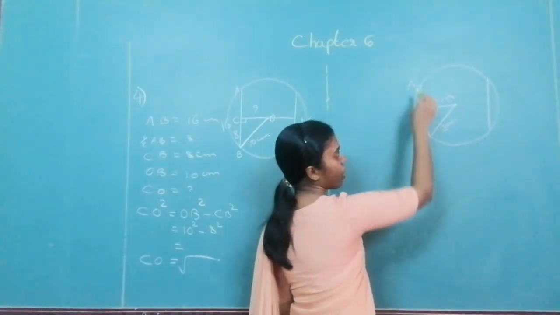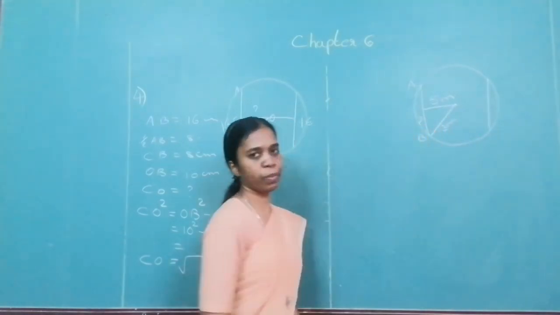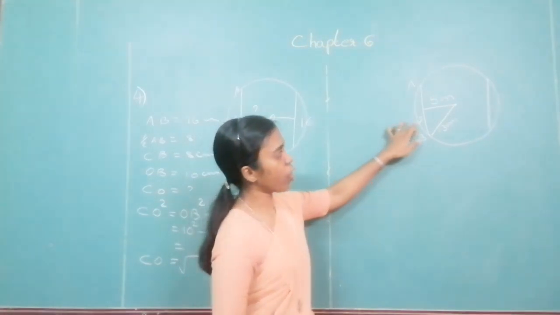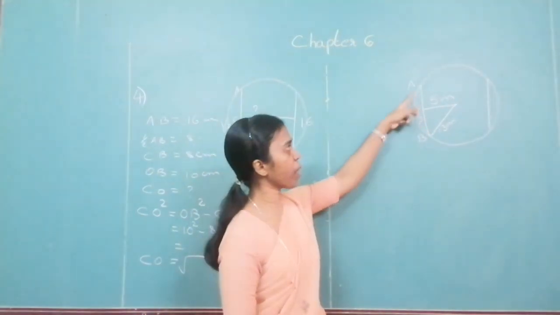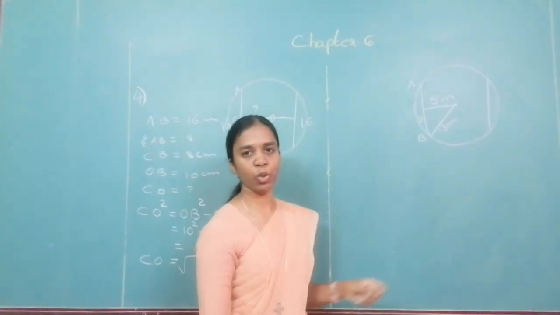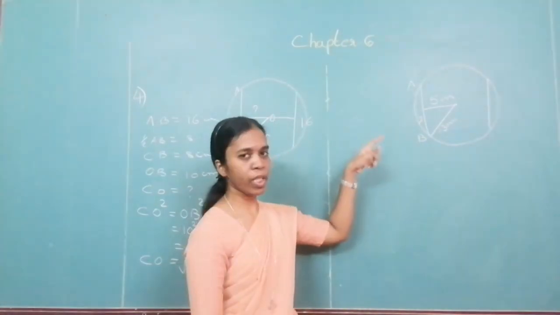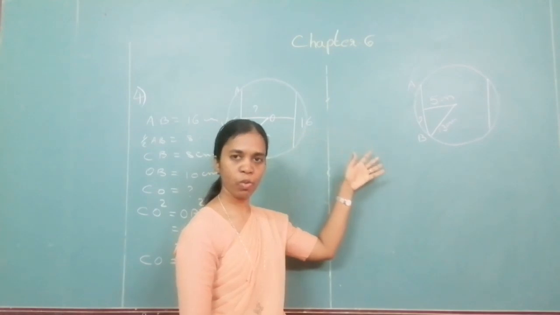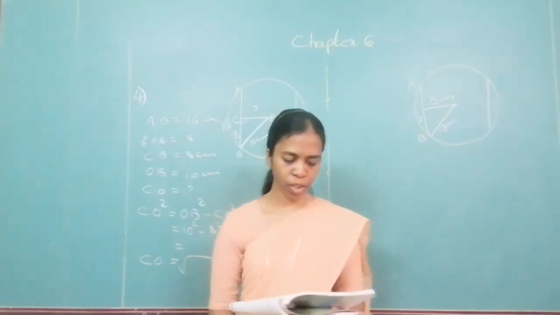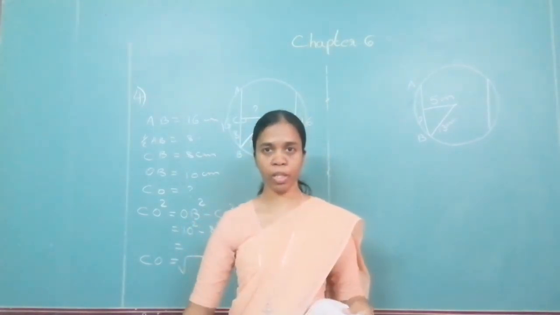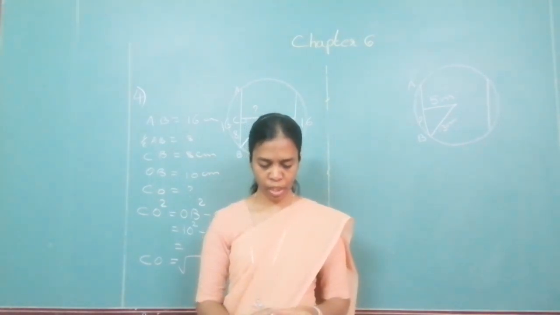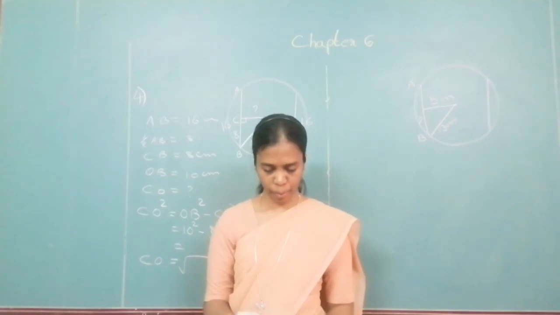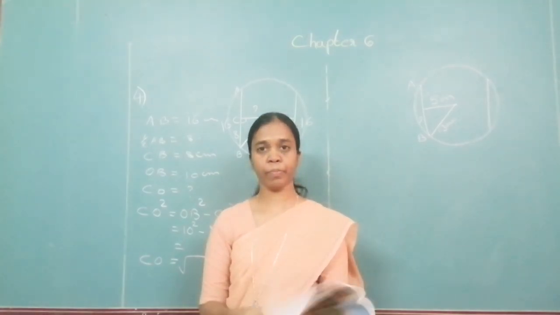Okay. Now how to find the length? First you have to find out this part, the side of the right angle triangle. First you find out this and then multiply by 2. That will be the length of the chord. Give the names in the same manner, you solve it. I think you will be able to do that. There is no difficulty in it. So please solve that.